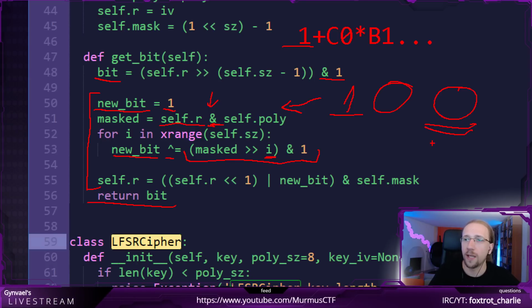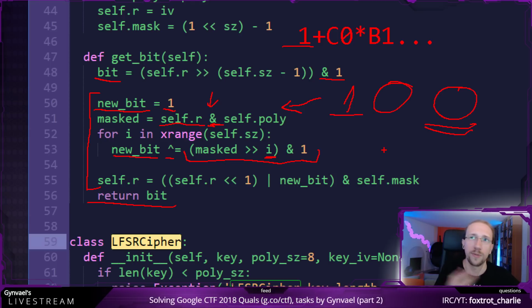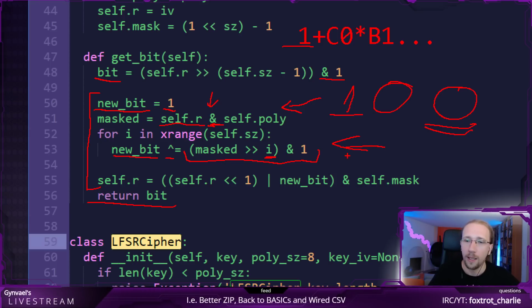And XORing whatever with 0 doesn't change it. If we XOR 0 with 0, it's still 0. If we XOR 1 with 0, we get 1. That's the way XOR works, so this is why this is legal. And in the end, we create a new value of the register, which is the register shifted by 1.